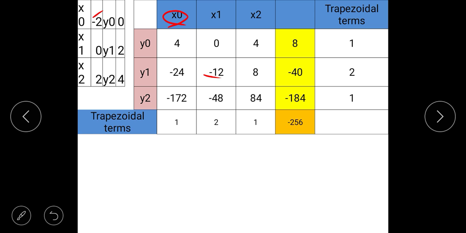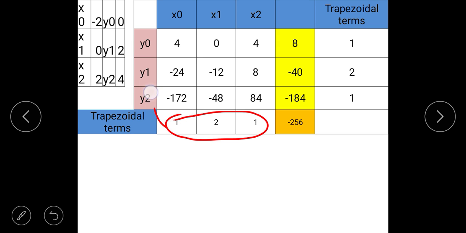Then for the trapezoidal rule we can add a row at the end, and you can write those numbers we remember: 1 2 1. Now here why we are adding these numbers horizontally and vertically, because in double integration we have to integrate first of all with x only. It means this 1 2 1 terms are used only for x terms, and the vertical 1 2 1 terms are used only for y terms. Now next question, how will we get the 8 term here? That's very simple. You have to multiply this 1 2 1. You have to remember these numbers.